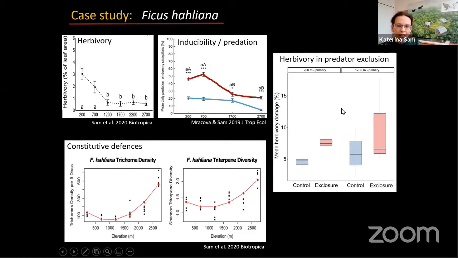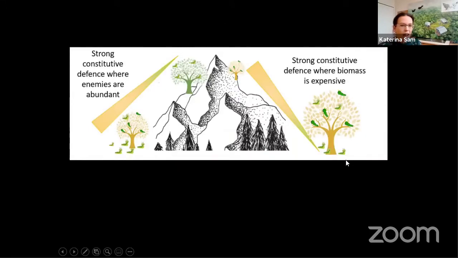And here, when we assume that the abundances of the birds, as we have seen, do not change too much, and that the abundances of the insects do not change too much, we would expect that the difference between the control and the exclosure branches would be really stronger in the lowlands, as we have seen, than in the higher elevations, where they generally overlap and didn't change significantly. This would imply that the Ficus aliana is protecting its own biomass a bit more by itself at the higher elevation, while relying on the protection by predators